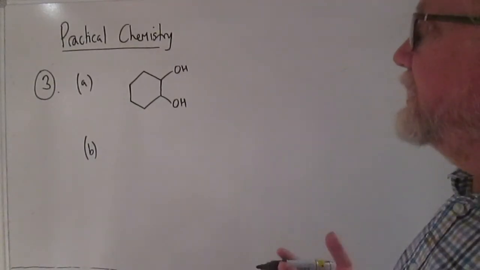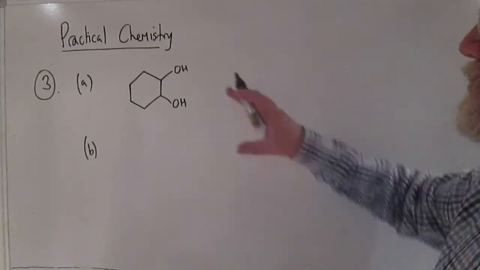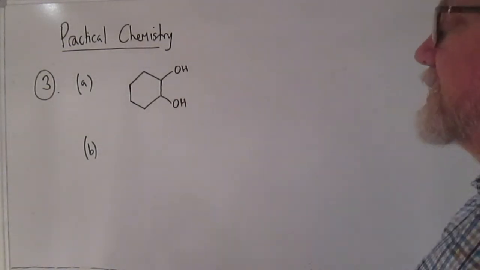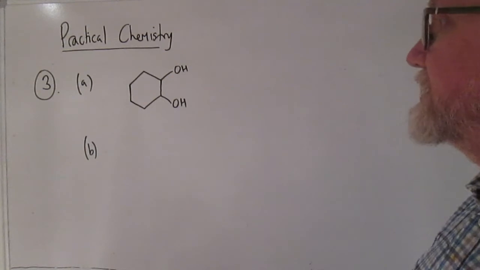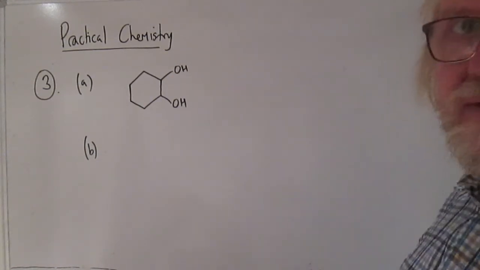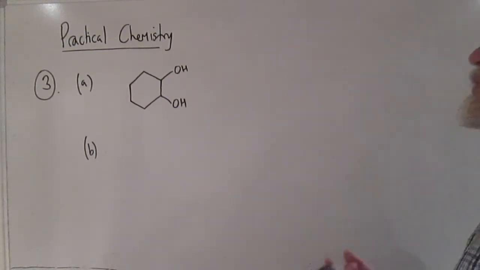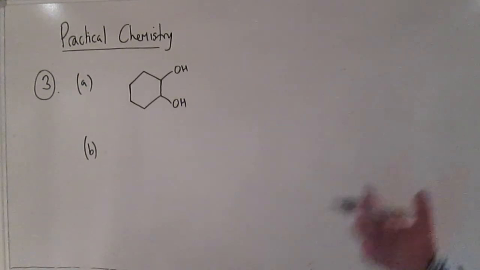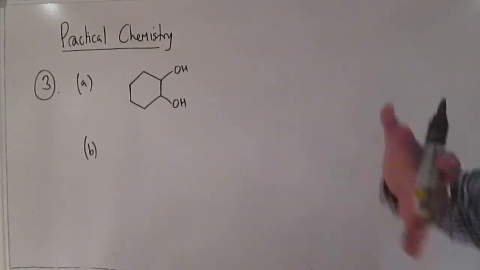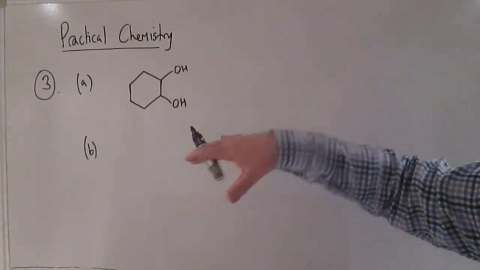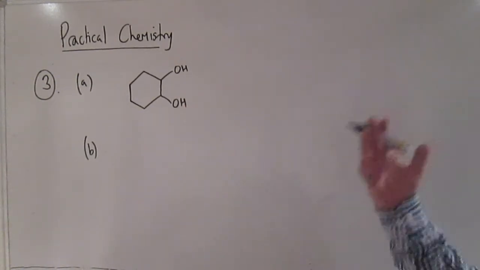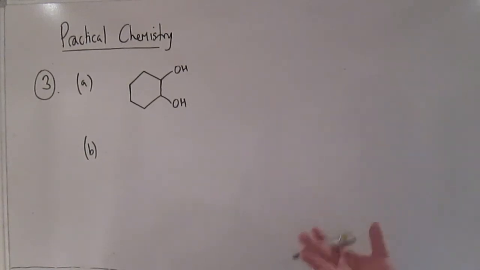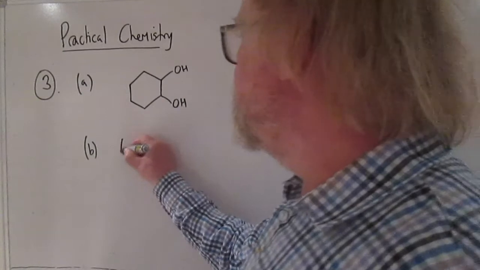Then we have this proposed experiment which involves prolonged heating of this substance with concentrated sulfuric acid, and it asks us how we are going to achieve this prolonged heating. You've come across this concept in the context of oxidation of alcohols. That's not what this is, so don't get confused. We're not talking about the same reaction here because we haven't got an oxidizing agent, so we're not oxidizing the alcohol, but we've got the same problem of how do you achieve prolonged heating, and the way we did that